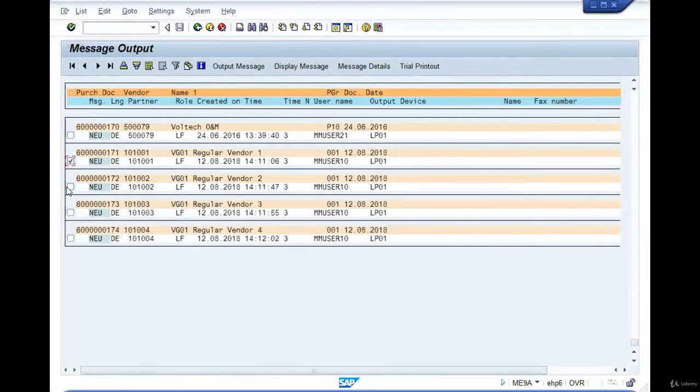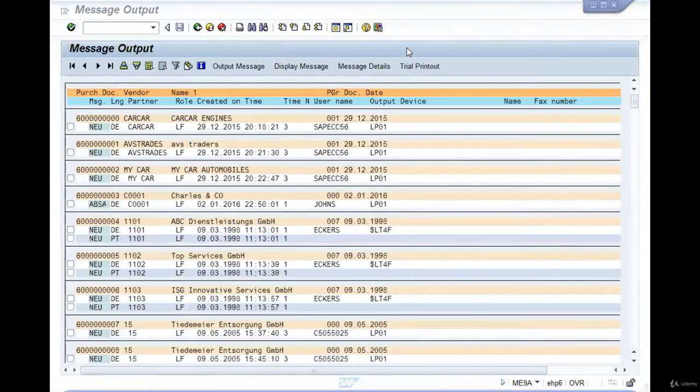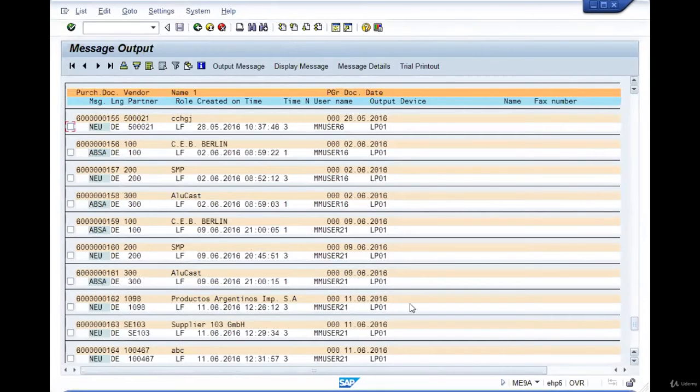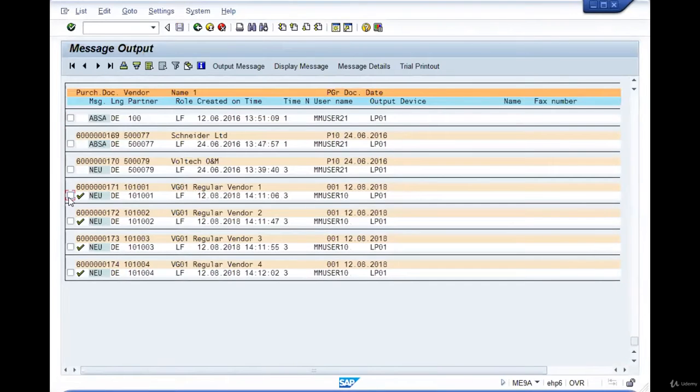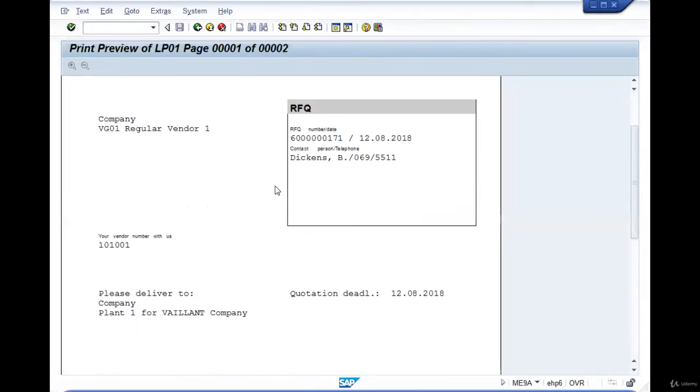Select the documents that you want to send and click on output message. As per the output type defined in the document, the system will automatically send it. To check the print preview for each of the documents, select the document and click on display message, and it will show me the print preview.